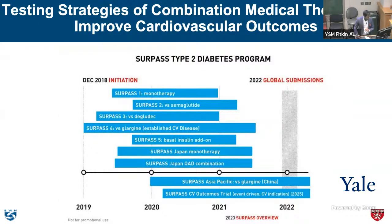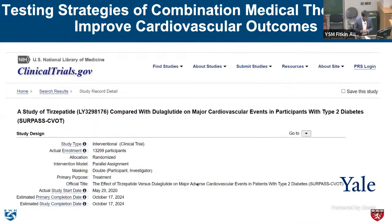And in fact, this is the SURPASS platform. This is the type 2 diabetes component of this combination approach called tirzepatide, which is a dual incretin agonist. And you can see there are a number of ongoing trials. Many are active control trials against various standards of care, but I'll point you to this bottom trial, which is the actual cardiovascular outcomes trial, which is due to complete in 2025